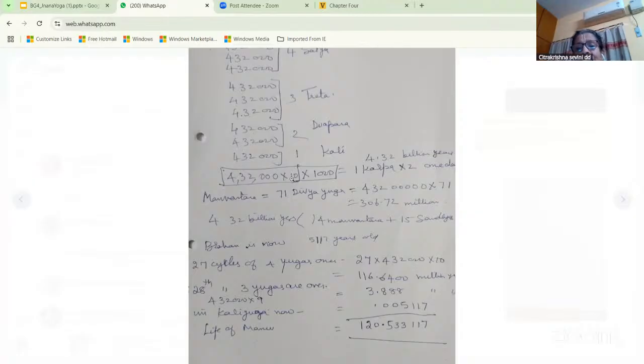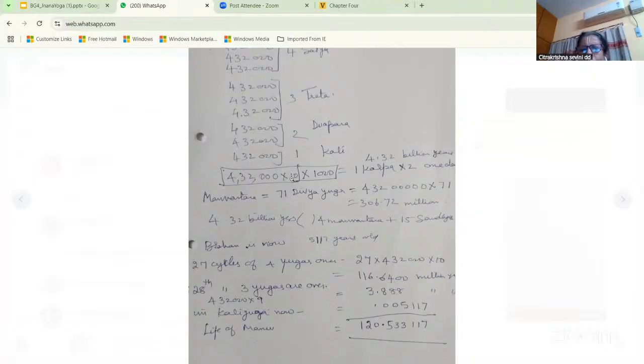Then 14 Manus come, I said, and along with 14 Manus, 15 Sandhyas come. Sandhya is the morning joining with the night, and similarly the evening and night portion joining with the morning. That is why it is one extra. And then Brahma's year now is